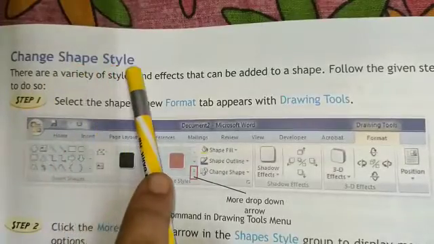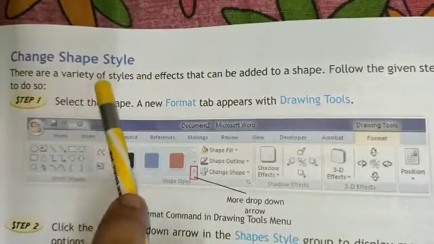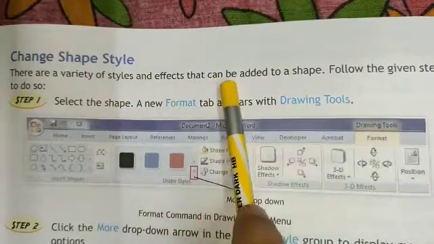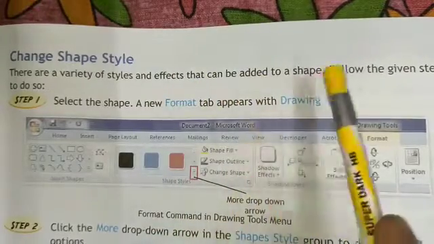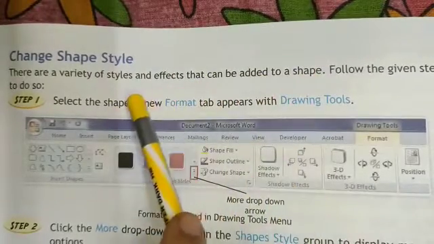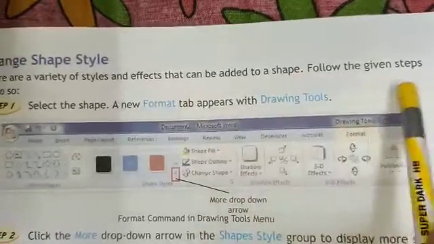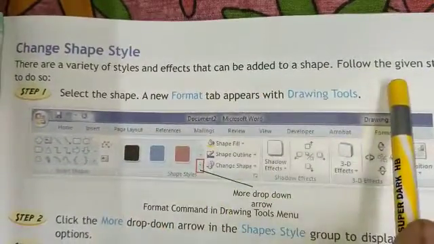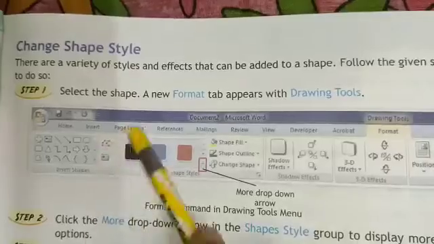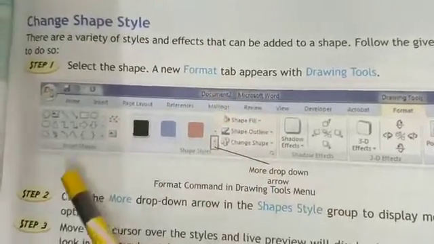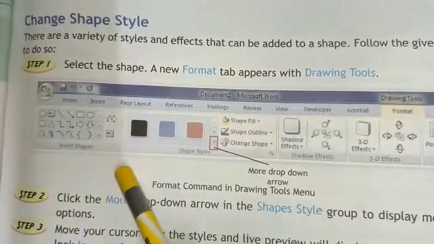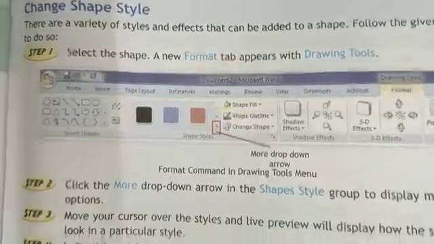Change shape style. There are a variety of styles and effects that can be added to a shape. We have to follow these steps to change the style and give styles and effects to a shape.